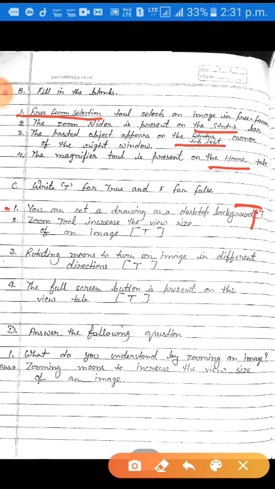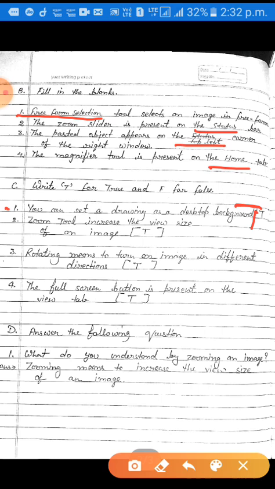Now come to the next question: zoom tool increase the view size of an image. Yes, dear students, this statement is also true. Zoom tool increase the view size of an image, not the actual size. Okay, zoom tool जो होता है बेटा, वो आपके इमेज के व्यू साइज को इंक्रीज करता है, ना कि उसके एक्चुअल साइज को इंक्रीज करता है.